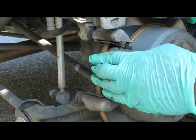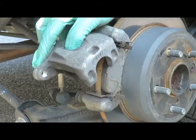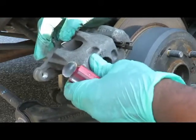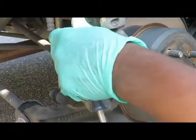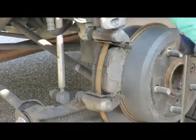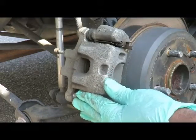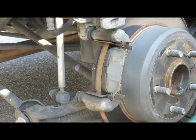So what you just did was take your screwdriver and you pry between there and there. See, and the caliper will slide. And you just push that piston back. Now you could have put it over here, under here, anywhere where it's comfortable you can get at. If you can't get to that,